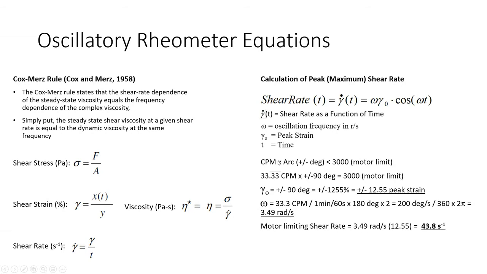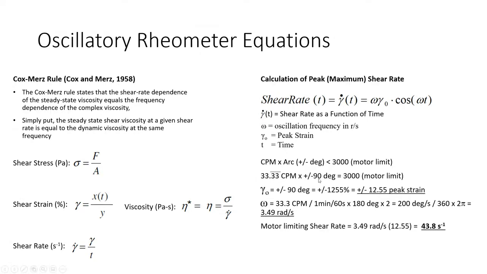And the cycles per minute, the frequency, and the arc in plus or minus degrees has to be less than or equal to 3,000. It's an empirical number, okay? And that's the motor limit across what we can perform. So if we calculate that and we, for example, use the maximum, and we know that at plus or minus